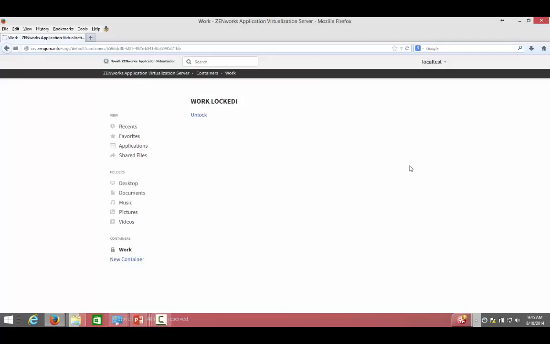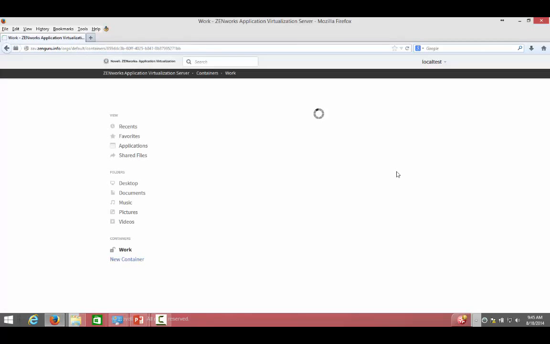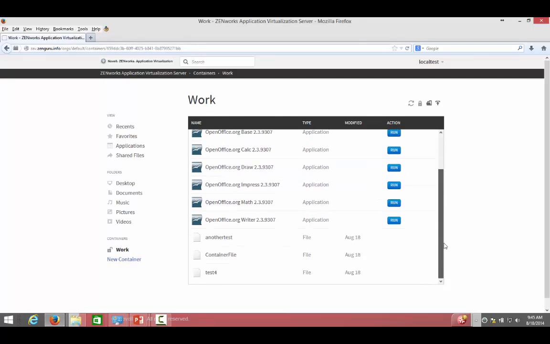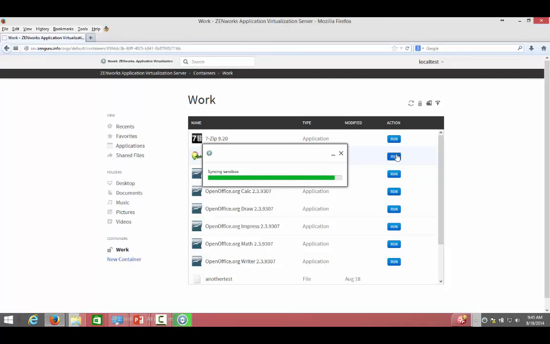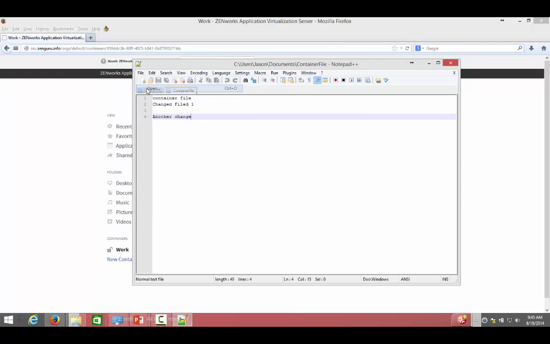So here I have the portal, and you'll see I have my work container. I can unlock my work container. And you'll see here the applications and files in the container. When I run Notepad++, and I go to File Open,